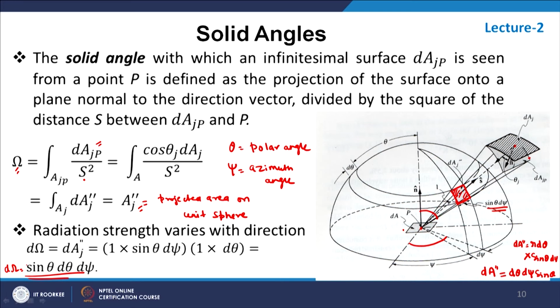Okay. So, this is a small solid angle d omega, and we can represent this solid angle in terms of azimuthal angle psi and polar angle theta. As I told you, radiation depends on angle. Emissive power does not give us any idea how the radiative intensity emitted from a surface behaves in a given direction. It gives you the total amount of energy emitted per unit area, but it does not give you how much energy is emitted in a given solid angle.